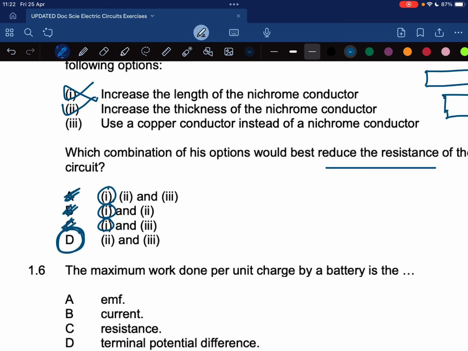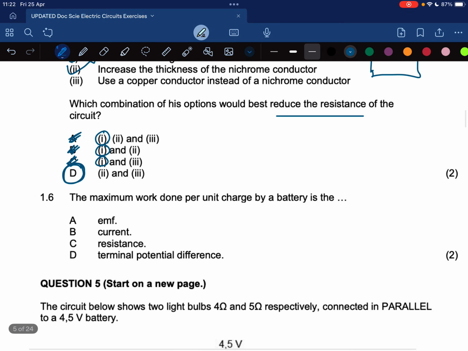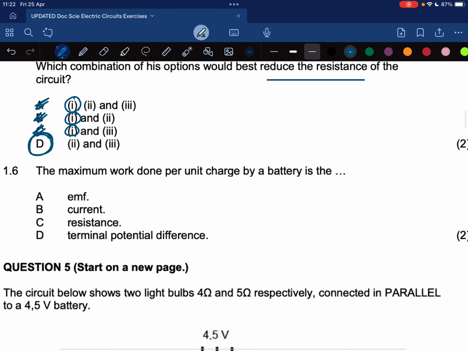Increasing the length of the nichrome conductor will not give you the right answer. Okay. Then 1.6 says, the maximum work done per unit charge of a battery is what? Okay, so work done is energy. Per unit charge is Q. So when I think about W and Q, I must think of